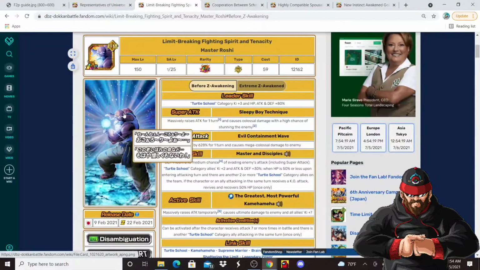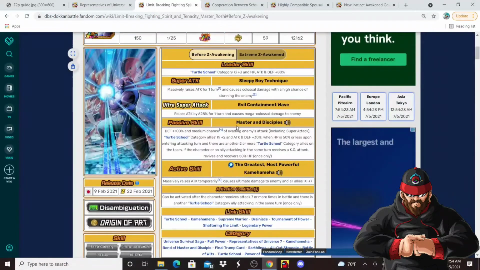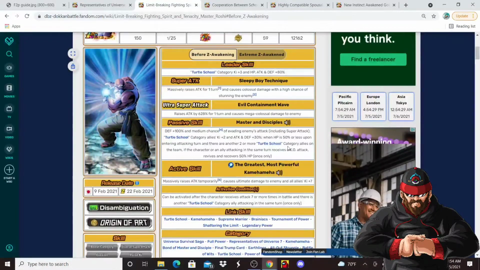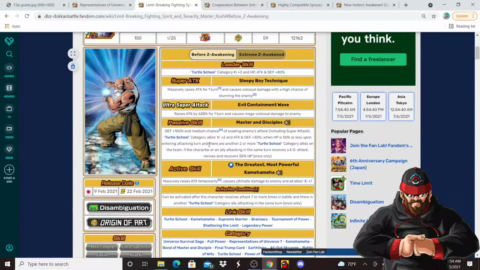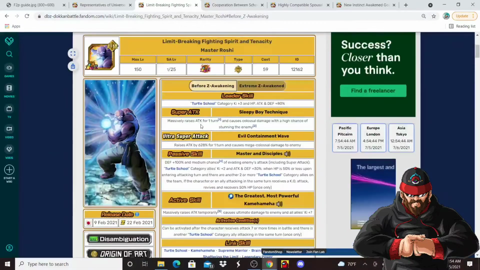So that's a pretty stat category, all things considered, right? Then he has when HP is 50% or less upon entering an attack in turn, and there are 2 or more Turtle School category allies on the team. If the character or an ally attacking in the same turn receives a KO attack, you revive and recover 50% of HP. It's cool. It's not like anything crazy, because I'm sorry to be perfectly honest here, but realistically, once